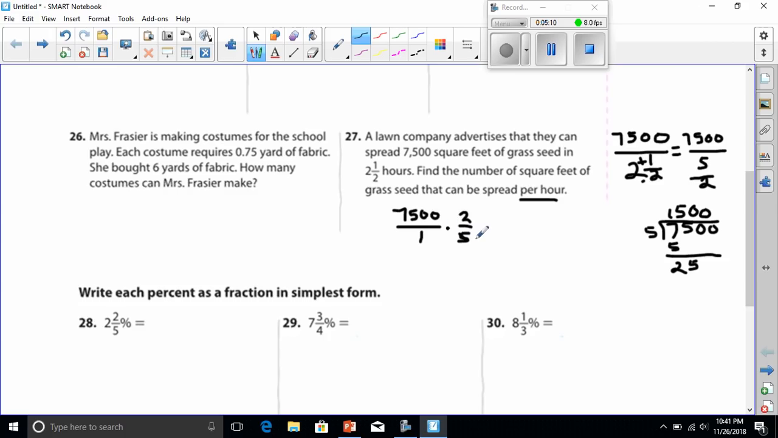So let's cross these out. And now we have 1,500 over 1 times 2 over 1. Well, 1,500 times 2 is 3,000. And 1 times 1 is 1. And any number over 1 is itself. So that means our answer is, find the number of square feet of grass seed that can be spread. Then my answer would have to be 3,000